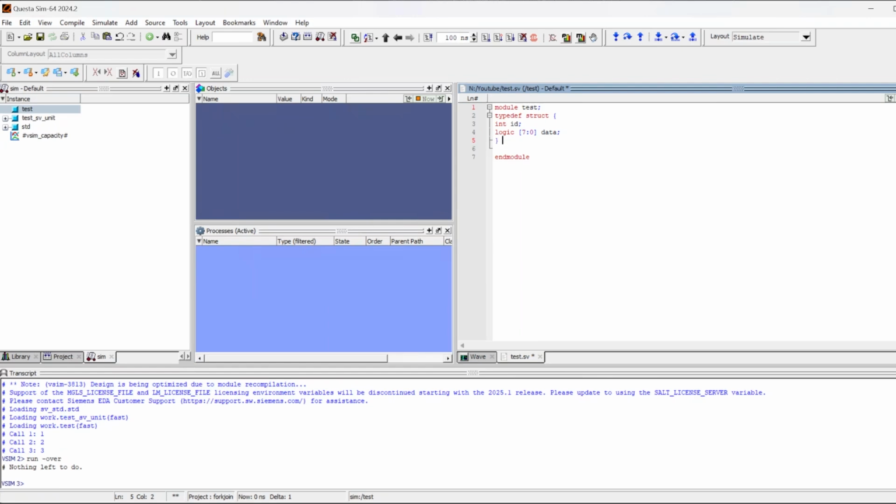I name this data type packet underscore t, which stands for type. So I will go ahead and write a function. The return type of this function will be the same as that of the struct, because it will be returning a struct. I will name this function create packet,